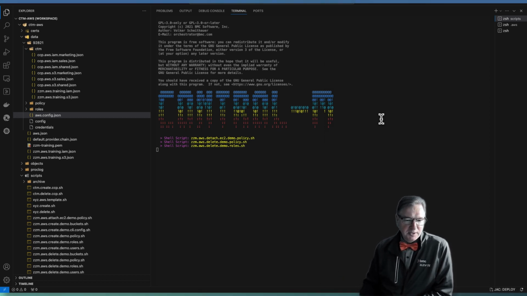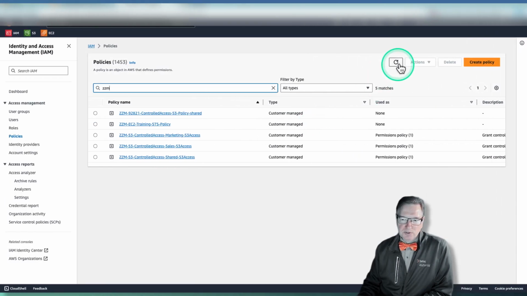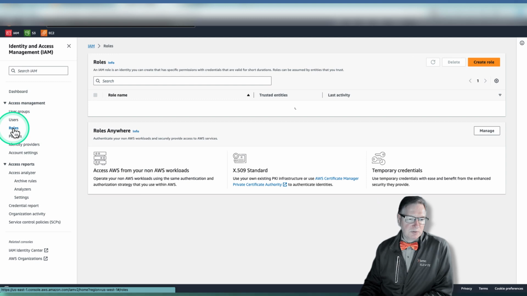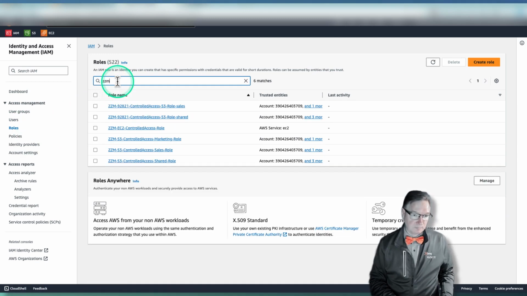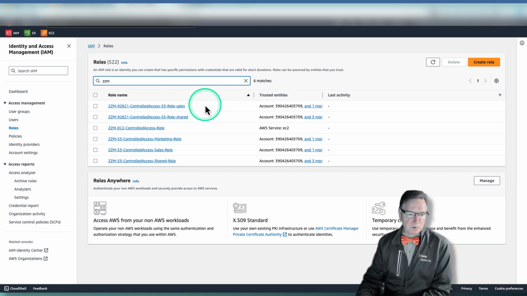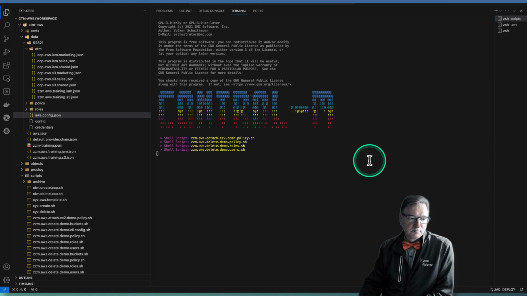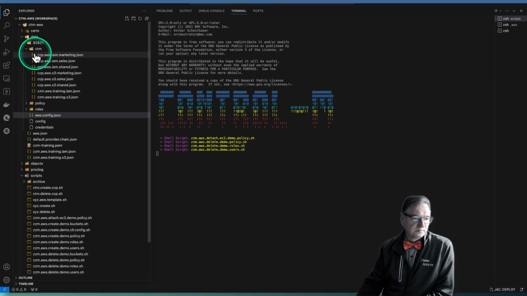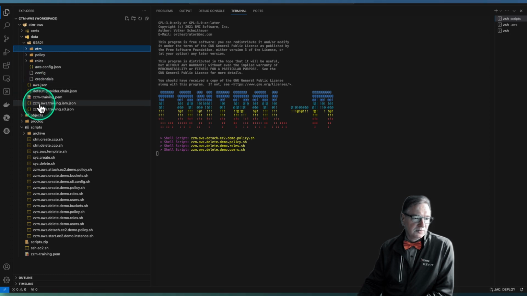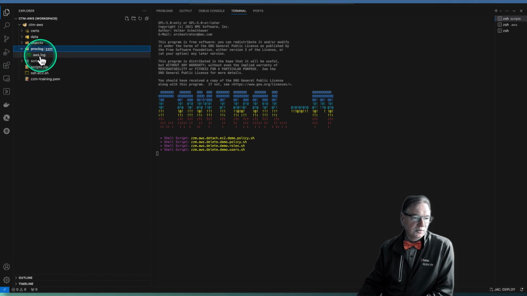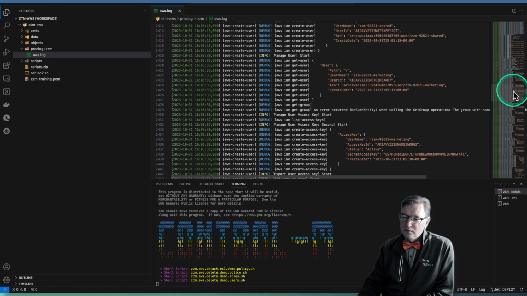Oh, that was quick. Now we have the roles. Let's refresh our policies. Okay, policies are all gone. Great. Next one is the roles. The role for marketing is already gone. And by the way, while this is running, let's take a look at the log file. I got inspired by our prog log. Sorry, close this one. Prog log, CCM, AWS, and here